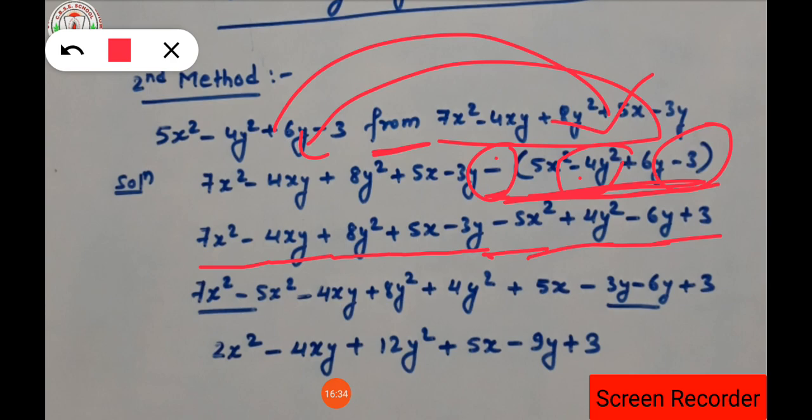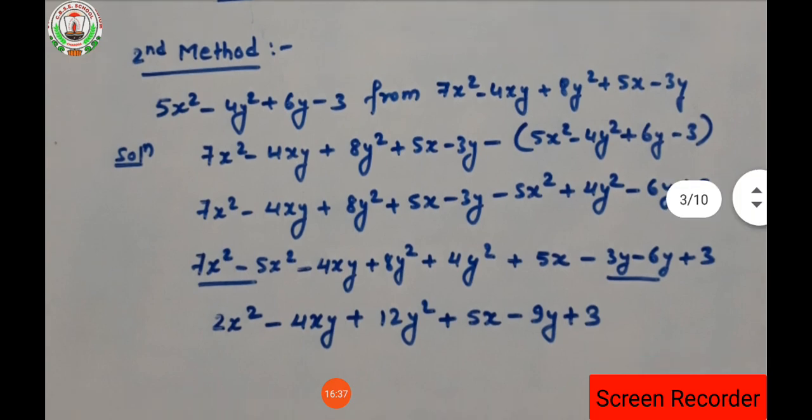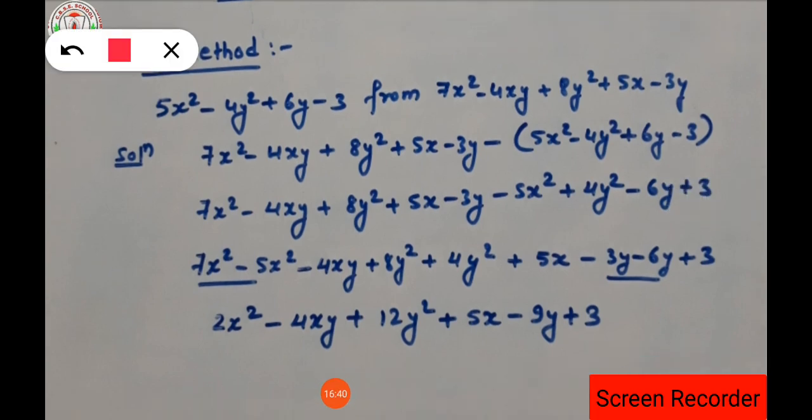Now after opening the bracket, what do you have to do? You have to make pairs of the like terms. Okay. So what is the like term? This 7x square is the like term with 5x square. Okay. First term will be there. Then the second term will be 4xy. Search, is any xy term there? No xy term is there. So minus 4xy will remain as it is. This is the first pair. Minus 4xy does not have any like term, so it will remain as it is. Next term will be plus 8y square. Is there any like term?